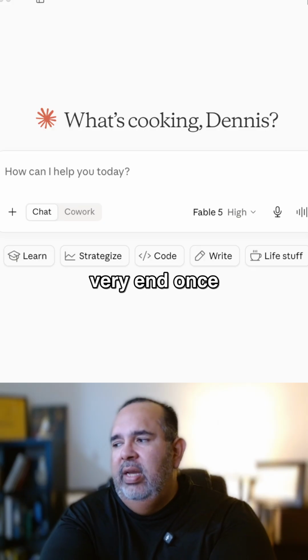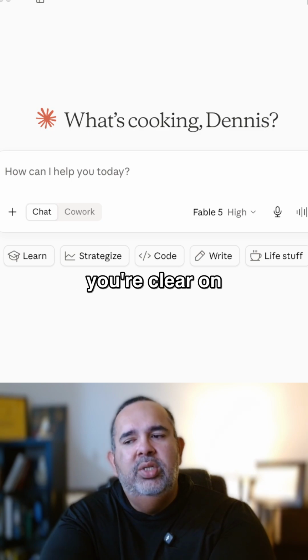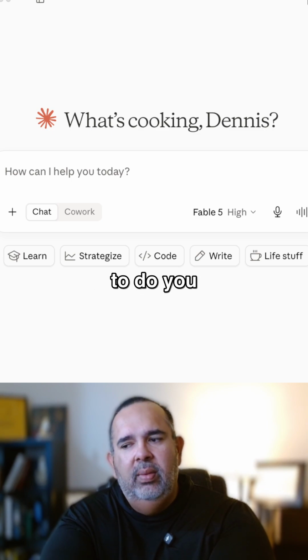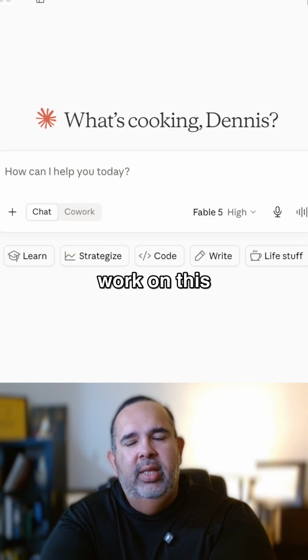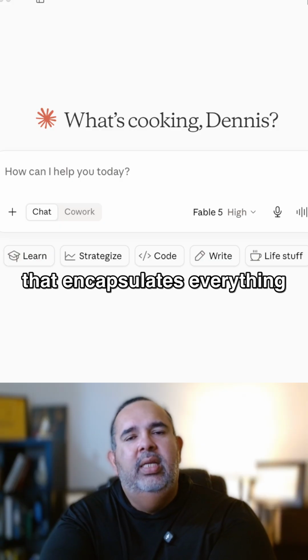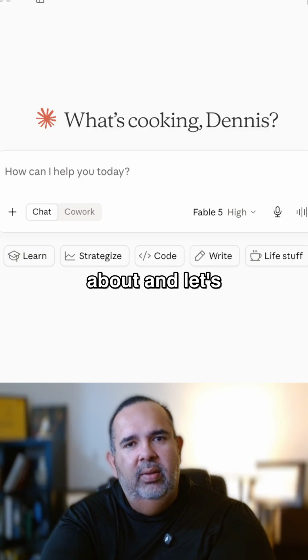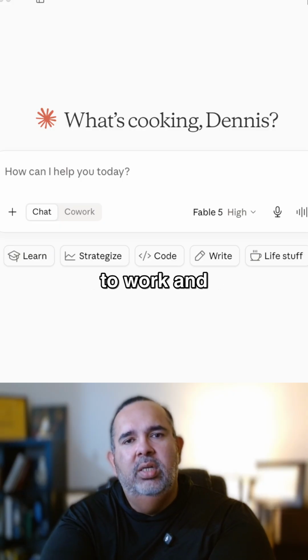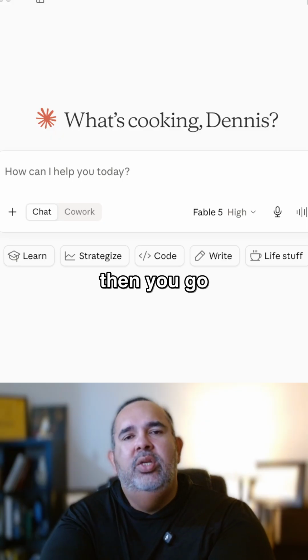And then at the very end, once you're comfortable, once you've discussed all the features, once you're clear on what you want to do, you say, okay, I'm ready to go work on this in Claude Code. Please create a handoff file that encapsulates everything that we've talked about and lets Claude Code start to work. And then you go into Claude